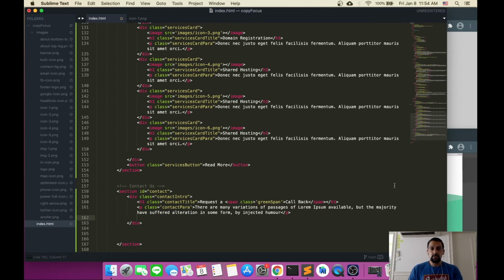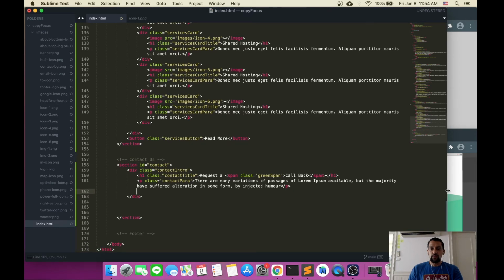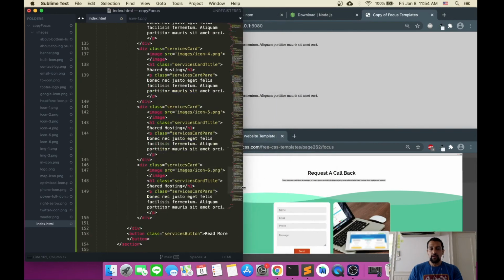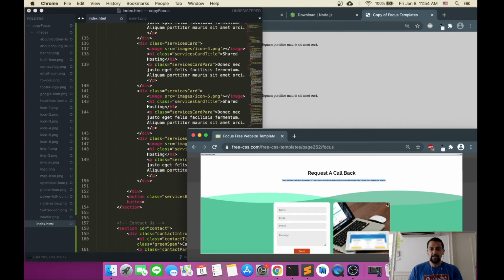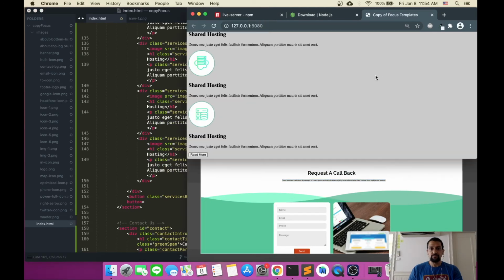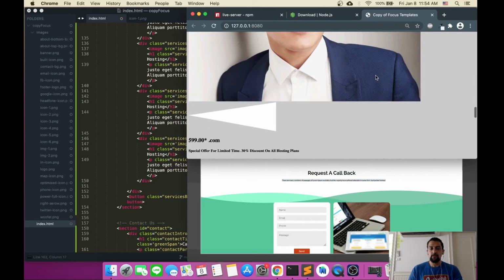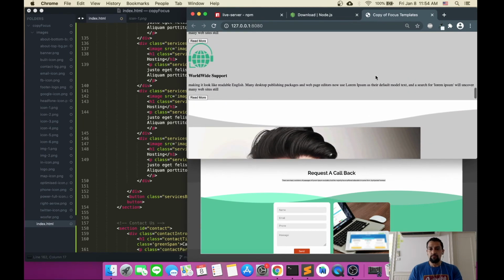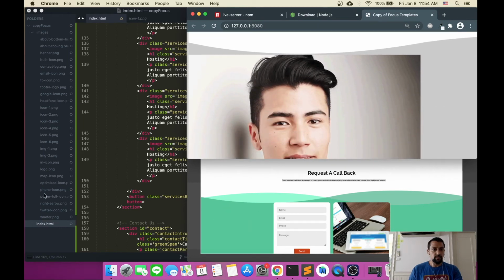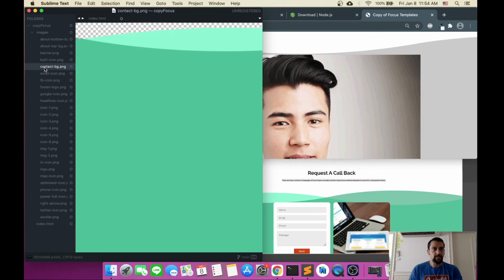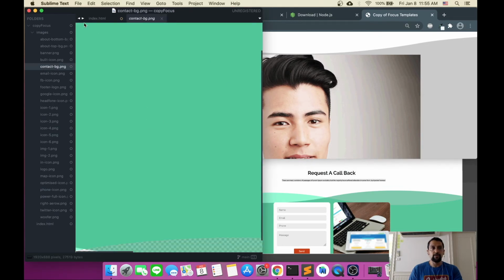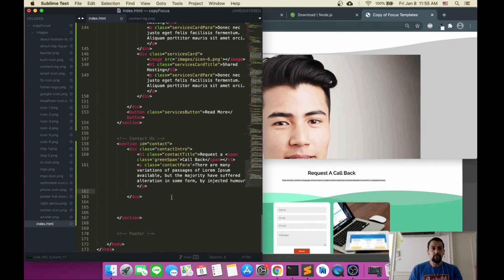Perfect. Now I'm going to build out this form, and I think I'm going to have to mess around with these things like we did up here. I don't quite know. Actually, sorry, I take that back. I think there is a contact background. There is a contact background. Perfect. So in here, I'm going to use the contact background up above